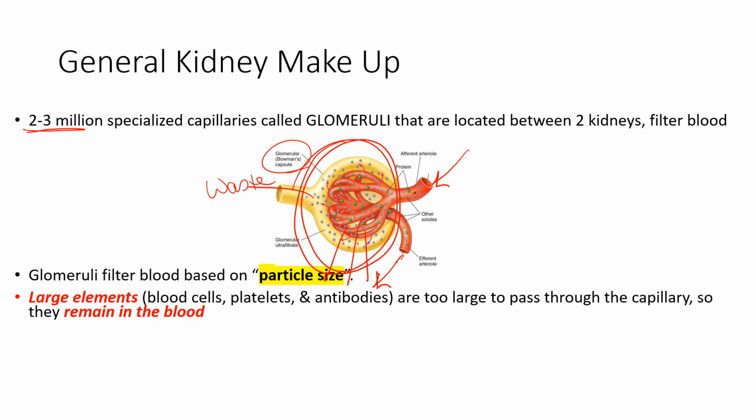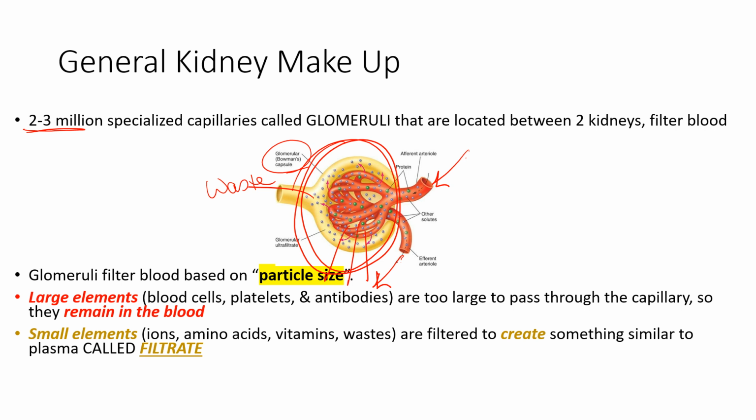So large elements such as blood cells, platelets, antibodies, they're too big to pass through the capillary, through that glomerulus, which is a capillary, too big to pass through those walls. So they stay in the blood. Small elements, ions, amino acids, vitamins, wastes, they're filtered out to create something similar to plasma, but it's called filtrate, and that's going to enter into that nephron. And you're like, wait a minute, don't we need to keep vitamins and amino acids and things like that? You're right. So what the kidney does is it filters through the filtrate, picking out what we want and putting it back in the blood, and keeping what we don't want in the tubule that will go out the body in the